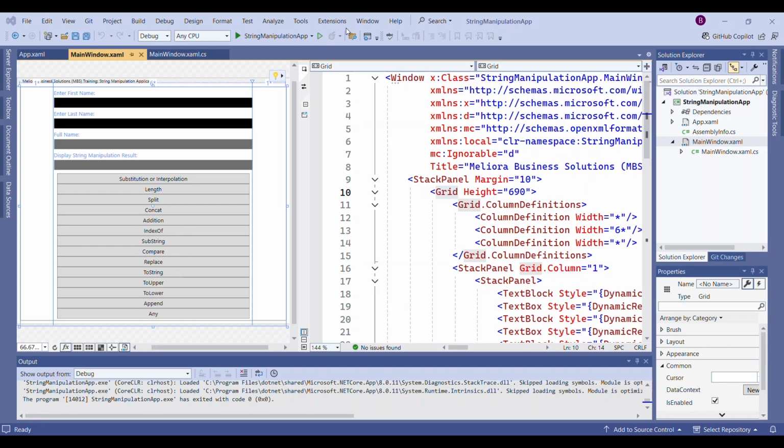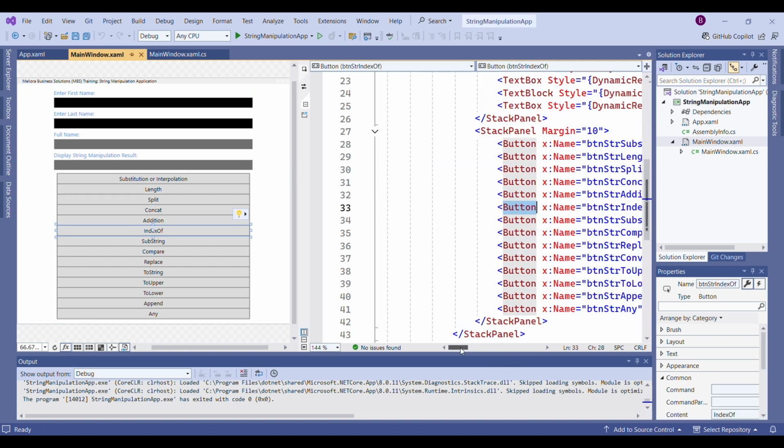Hello, welcome back to this channel. Today in this video, we'll be looking at the IndexOf string function. We have looked at substitution, length, split, concat, and addition so far, and we will now look at IndexOf in this video. Thereafter, as you can see, we still have up to 10 or so more functions to look at. So if you click on this and then come over to this side to check the